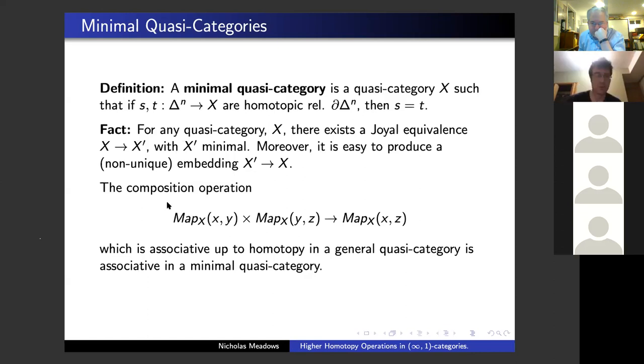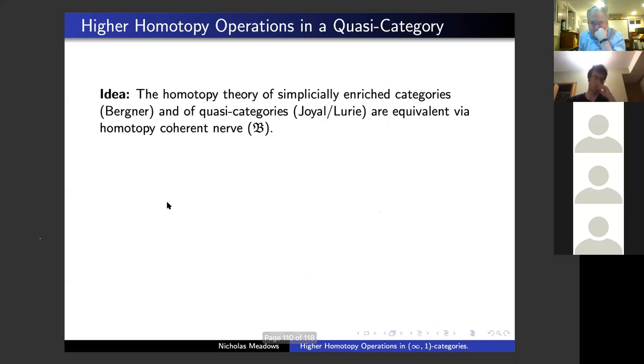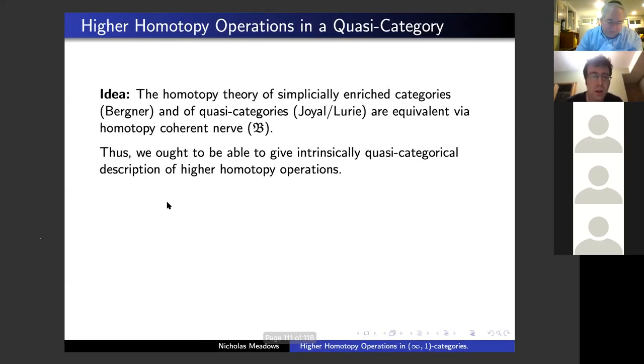So we should be able to define homotopy operations in a quasi-category, because we can define them in general in terms of simplicially enriched categories. Quasi-categories and simplicially enriched categories are both models of infinity-one category theory. So we ought to be able to give an intrinsically quasi-categorical description of things that would capture our notion of type 2 higher homotopy